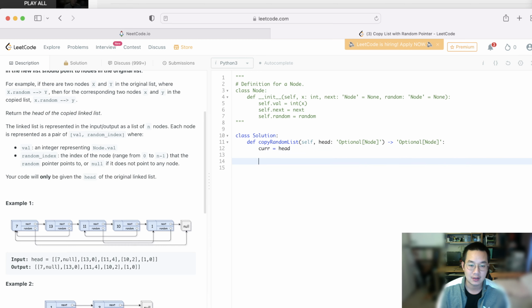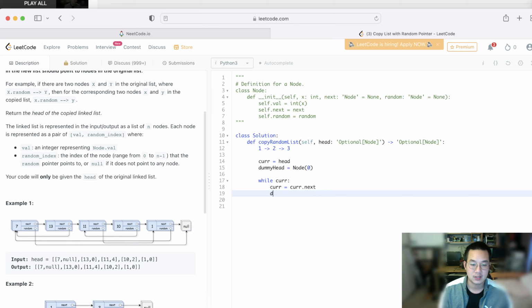We set current to head. Basically, we have 1 points to 2 points to 3. And what happens is that we need to create a brand new item, let's say current 2, or dummy head. Let's create a dummy head, and that's equal to, let's say, a random node. And yes, so what happens here is now that dummy head, while current is not None,